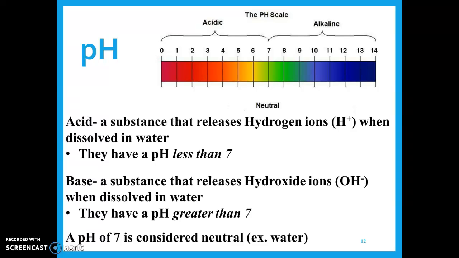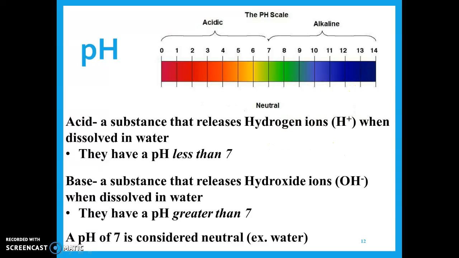A base is a substance that is going to release hydroxide ions. So hydroxide is oxygen and hydrogen, and it's got a negative charge. So when they're dissolved in water, they release hydroxide ions. Sodium hydroxide, that's an example of a base. So it's made up of sodium, Na, and then it's made up of that hydroxide ion. So if you mix that in water, it's going to break apart and it's going to release the hydroxide part, and that's what makes it a base. And they all have a pH of greater than 7. And like we said a minute ago, pH of 7, that is considered neutral. All right, so